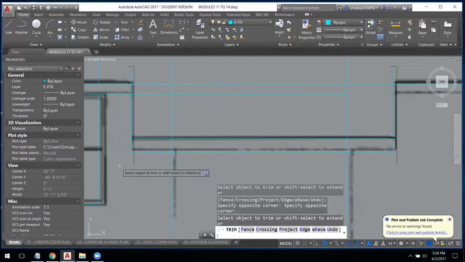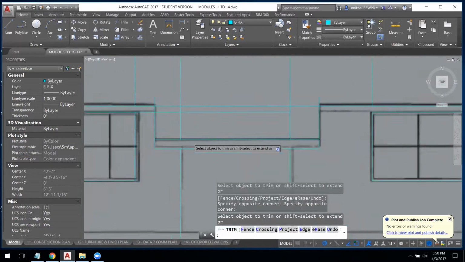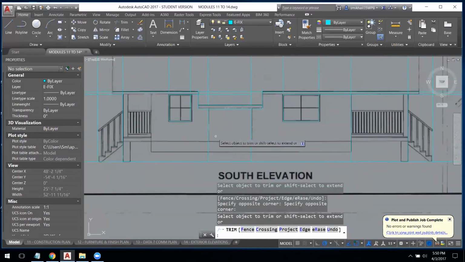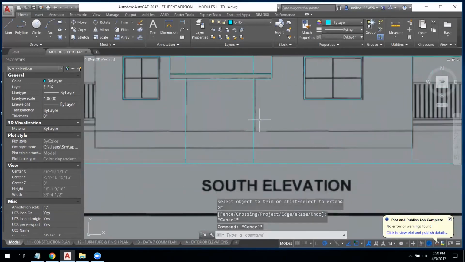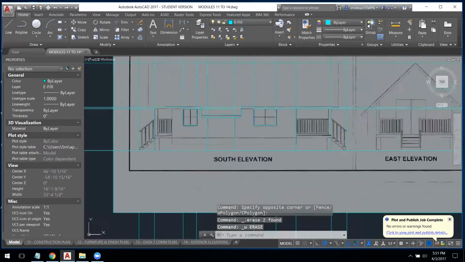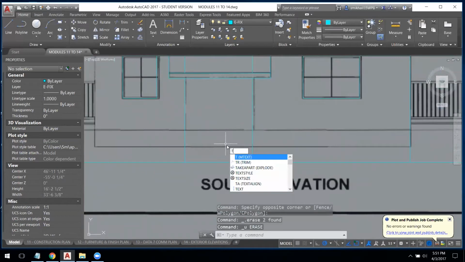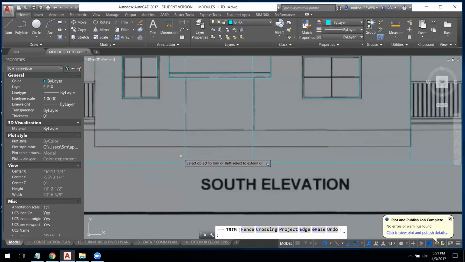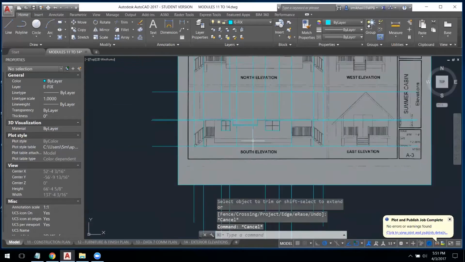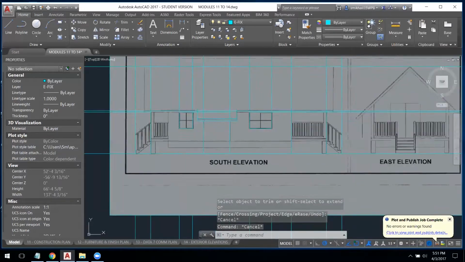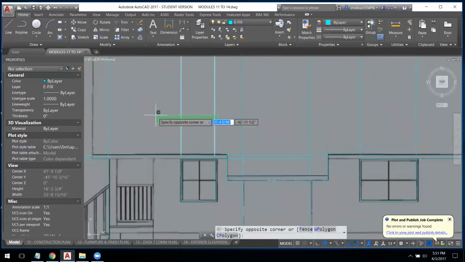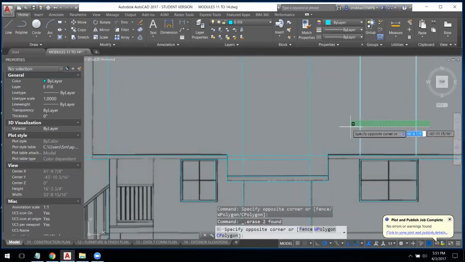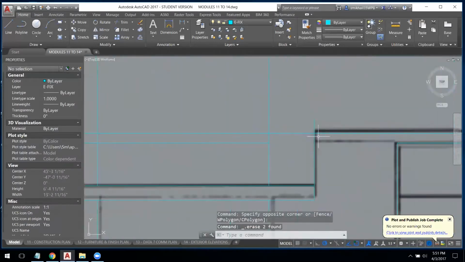Trim, that's TR, enter, enter. Okay. And just keep going around till I finish cleaning this drawing. I don't need these two lines anymore, or these two lines. I can trim this nicely,